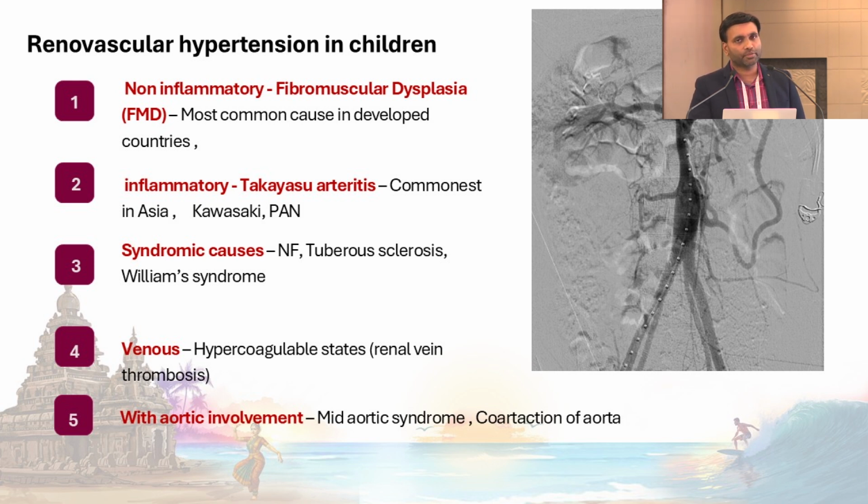Venous causes are not that common, but if you have renal vein thrombosis, especially post-nephrotic syndrome, patients go for renal vein thrombosis, and they'll go for related hypertension. And you can have renovascular hypertension without renal artery involvement also, because of aortic stenosis. As the flow to the kidneys is reduced, perfusion will be reduced, leading to hypertension, especially if there is supravalvular narrowing, or a coarctation, or mid-aortic syndrome. Renal arteries may be completely normal, but you can have involvement of renal arteries too, and still it's classified as renovascular hypertension. The cause is renovascular, even though the anatomical problem is in the aorta. So that's how we classify, because the management is based on this classification.